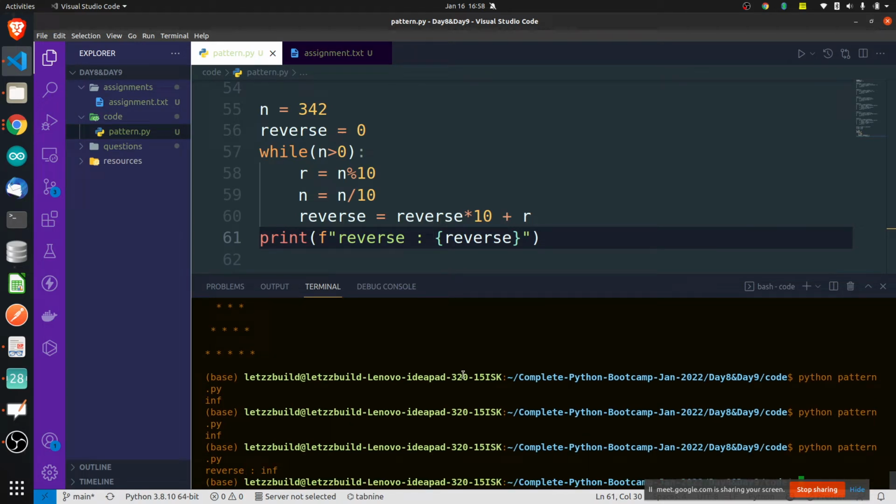I'm getting the number in reverse order, but not in a single row, one by one. You're printing something here, I feel.